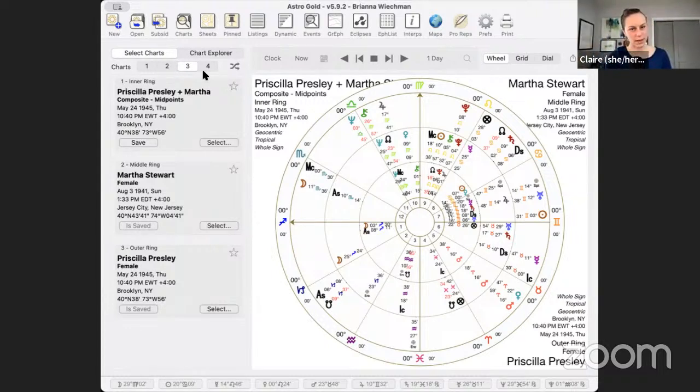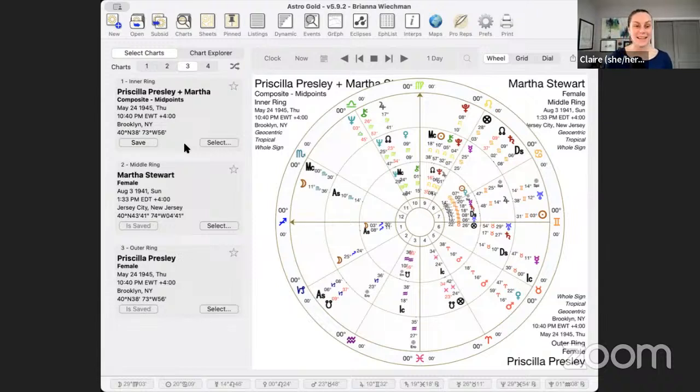So metaphysically speaking, it doesn't make a lick of sense to me. I'm going to be real. Just looking at a midpoint between where two people were born and then the time in between their two birth times. I guess I can make some kind of intuitive argument, which is valid. But I've sat here for weeks trying to think about whether that feels resonant to me. Does that make sense in an intuitive way? Maybe. I guess it probably depends on the person.